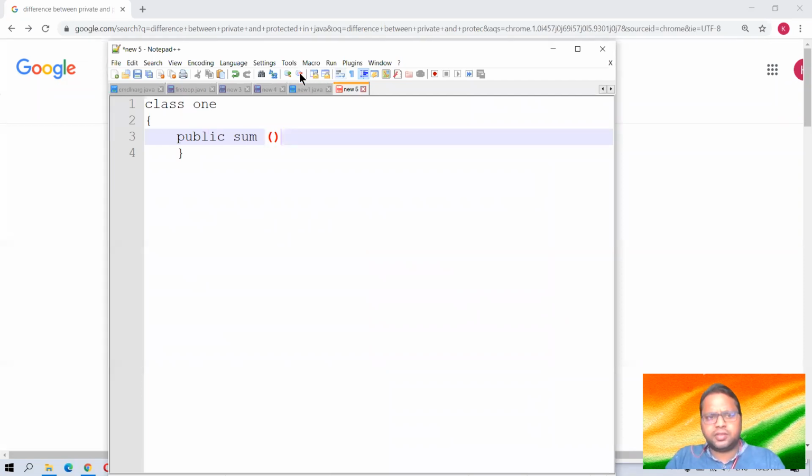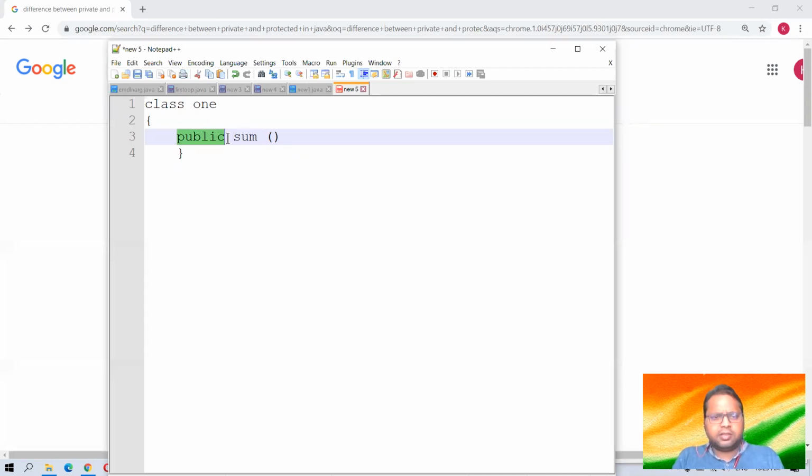Suppose we are making this function. We have specified public. This public simply means that it can be accessed by anybody. It can be easily accessed in other classes also, anywhere. This is public, can be accessed easily.